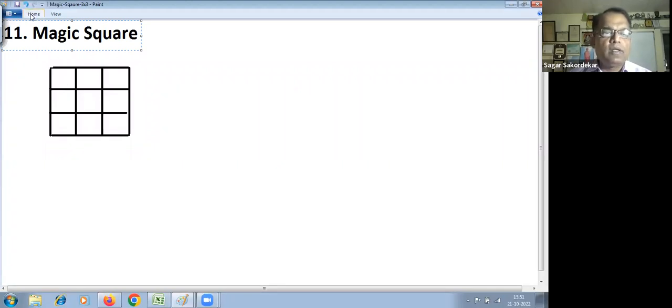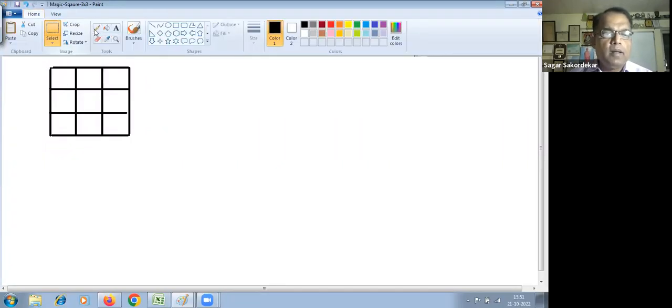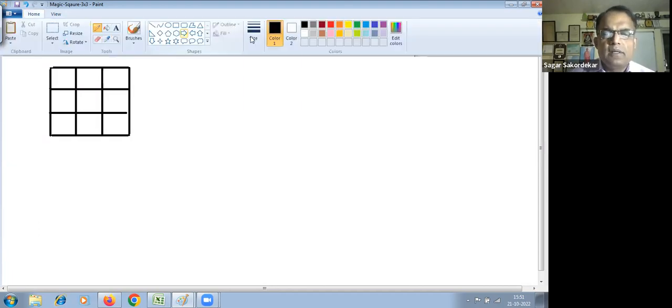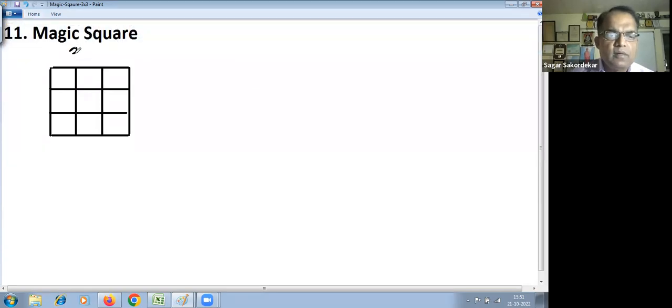Now, a magic square is like this. We'll be considering odd numbers here. The logic we are going to study is for odd numbers, starting with 3. The smallest magic square which you can draw with the method we are going to study is